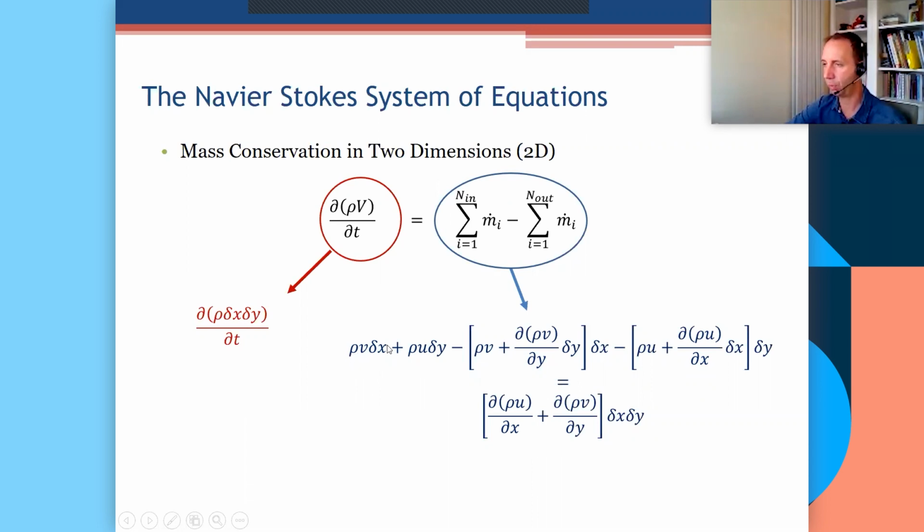If you look at this, minus rho u times delta y, and the rho v minus rho v times delta x, the rho v and the rho v times delta x cancel out. And you're just left with minus d rho v over dy multiplied by delta y times delta x. Just do the simplification yourself. For this and this, they cancel out, and you're just left with this one. So if you rewrite that, you end up with